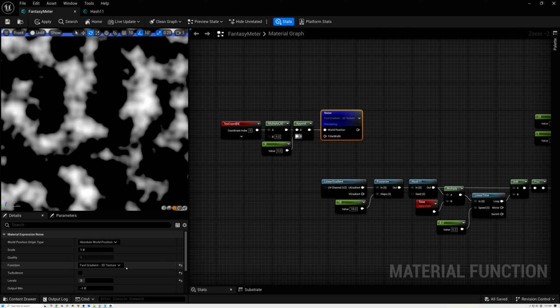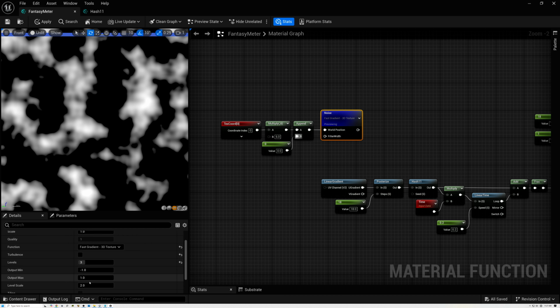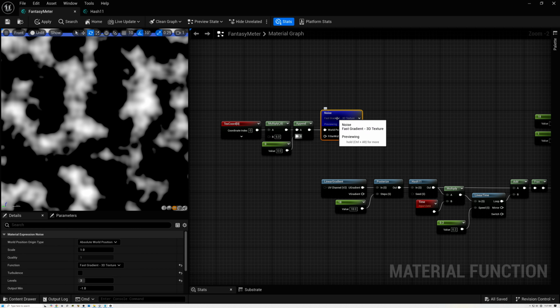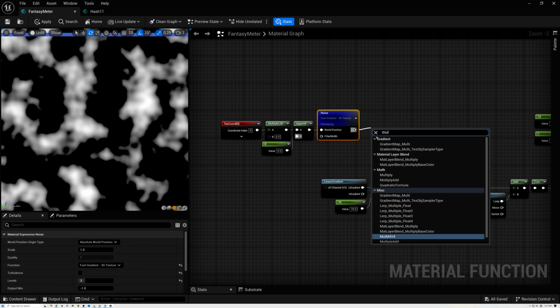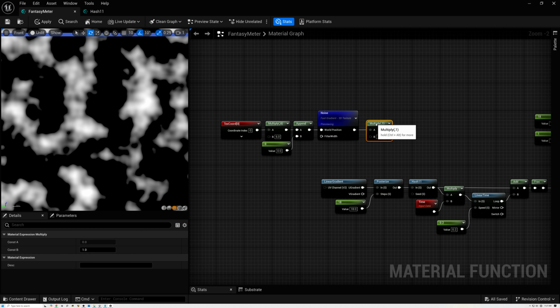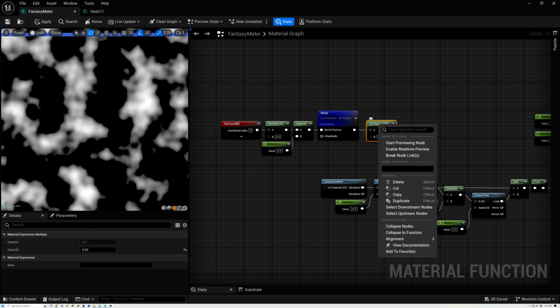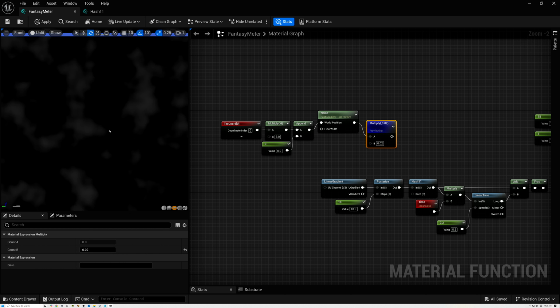And also, let's see, we want to set our scale to 1, our levels to 3, our output minimum and maximum. Yeah, I think this is going to work great. And now we need to tone it down a little bit because right now it goes all the way from -1 to 1. And that's a little bit strong for the effect that we're going for. And so I think I will just add a multiply here and we'll tone our noise down. We'll just multiply it by 0.02 so that it's very weak